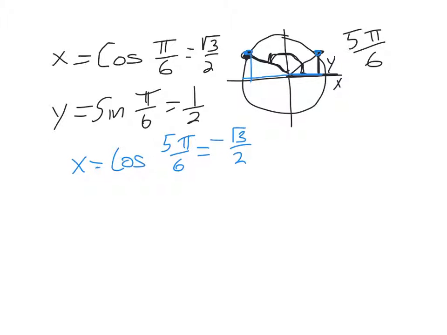And our y-coordinate is the sine of 5 pi over 6, which is equal to the same height as over here, which is 1/2. So using some of these ideas in this symmetry, it is possible for us to